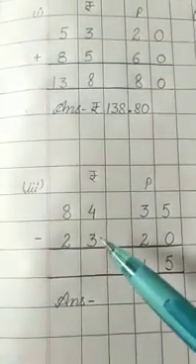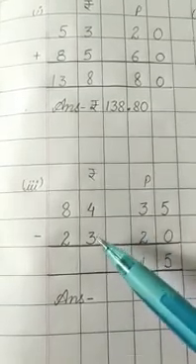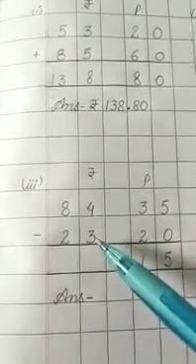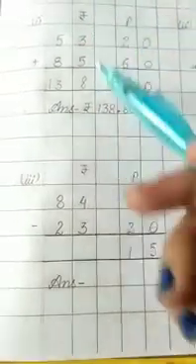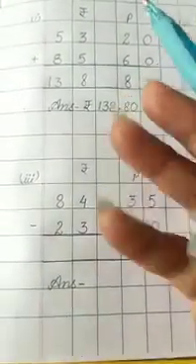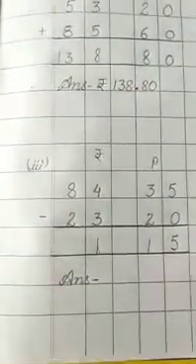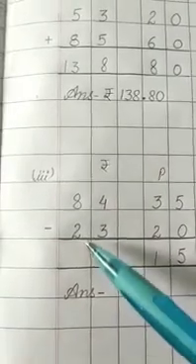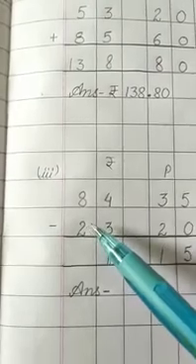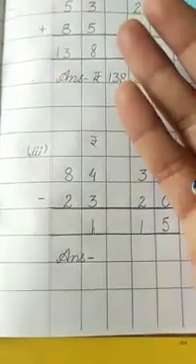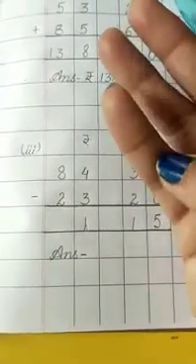Now here you have to subtract 3 from 4. Now 3 is in your mind, children. Start counting from the next number till this number. So 3 is in your mind. Next number is 4. So we got here 4. So 1 is the answer. Now you have to subtract 2 from 8. So 2 is in your mind, children. Now start counting from the next number, children. That is 3, 4, 5, 6, 7, 8. So you got your answer as 6.